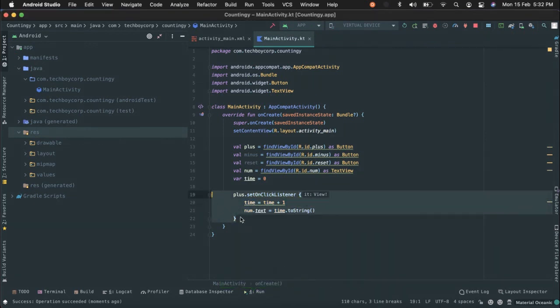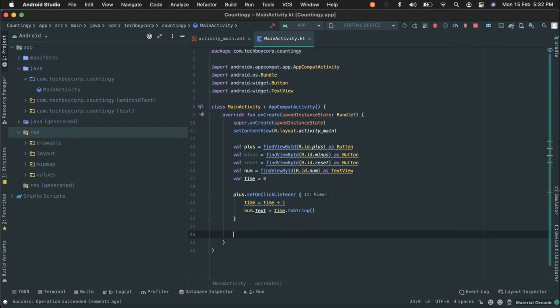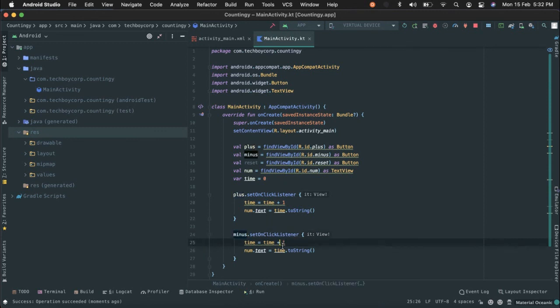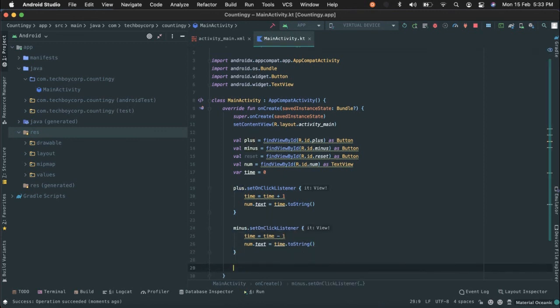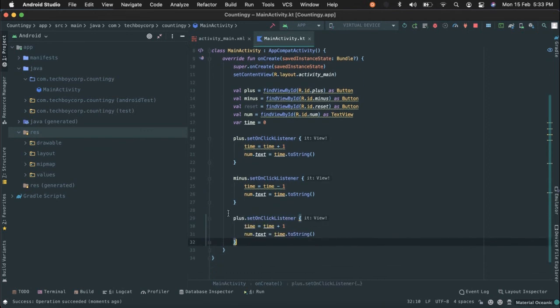Now we'll paste this thing over here, and we'll say minus.setOnClickListener, and we'll set time minus 1. Simple. And now we'll paste this over here, and we'll write the reset. Time equals 0. Reset it to 0, and boom, everything is working, isn't it?